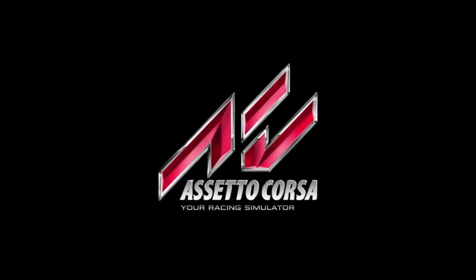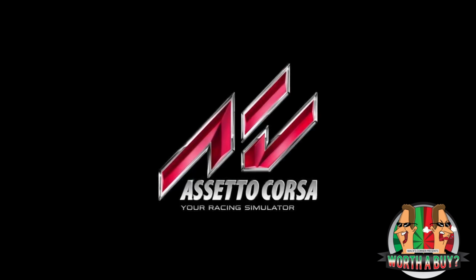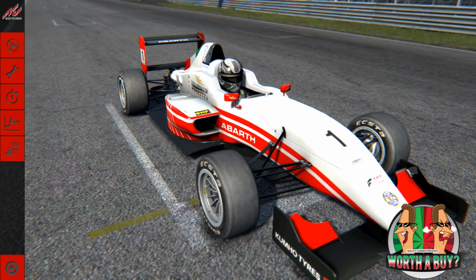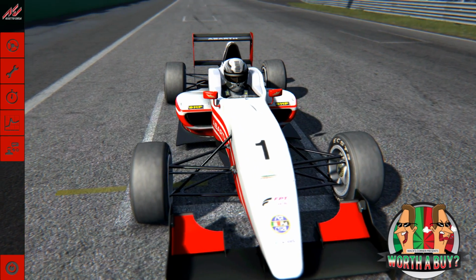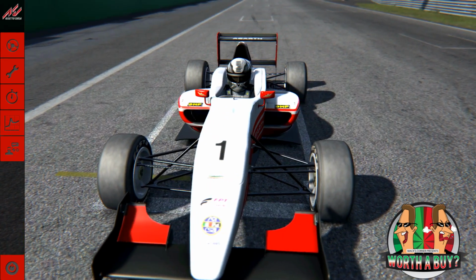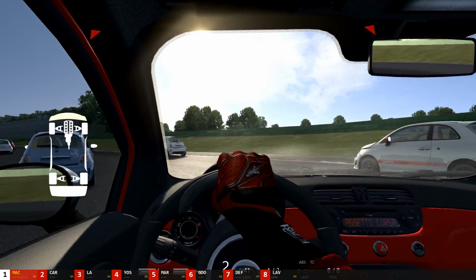Assetto Corsa. Is it worth a buy? Let's read the words of the developer. Assetto Corsa features an advanced DirectX 11 graphics engine that recreates an immersive environment, dynamic lighting and realistic materials and